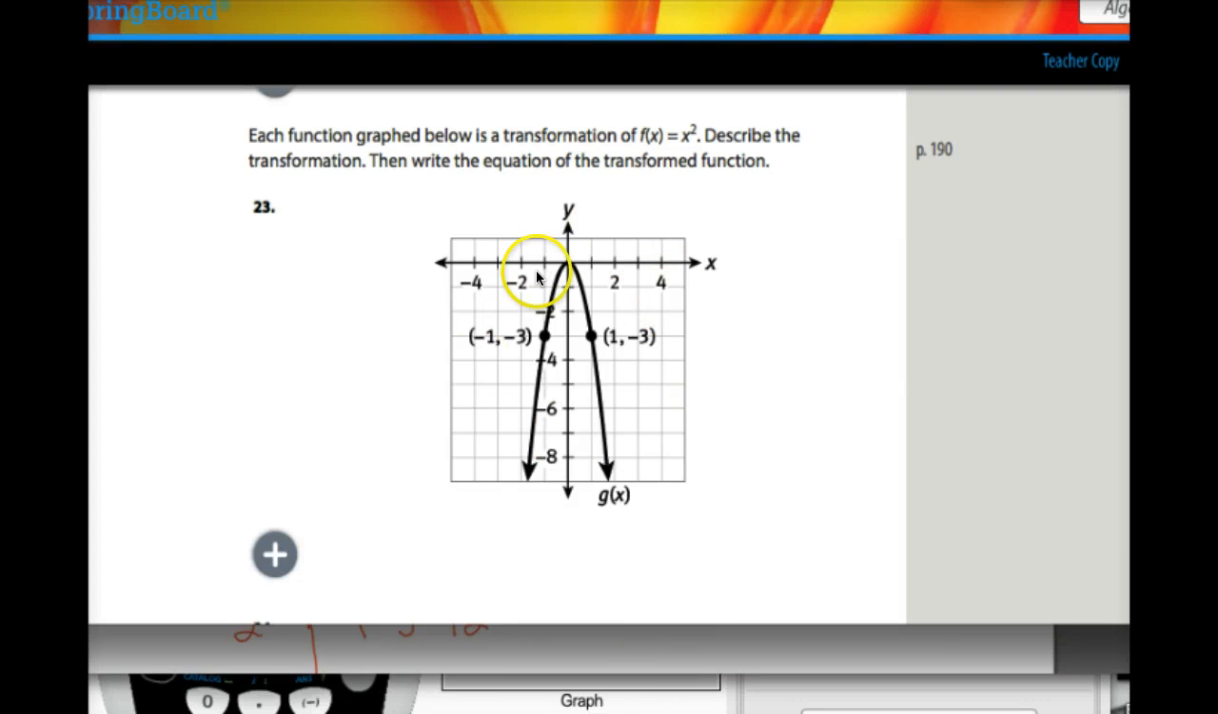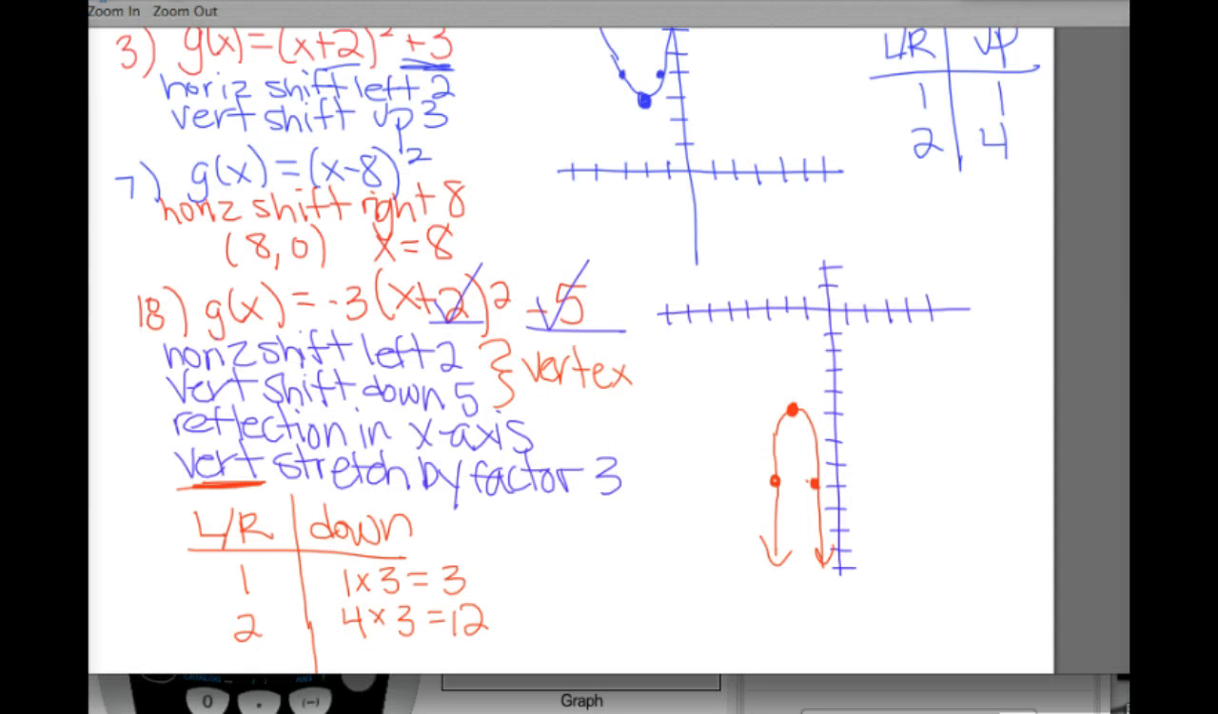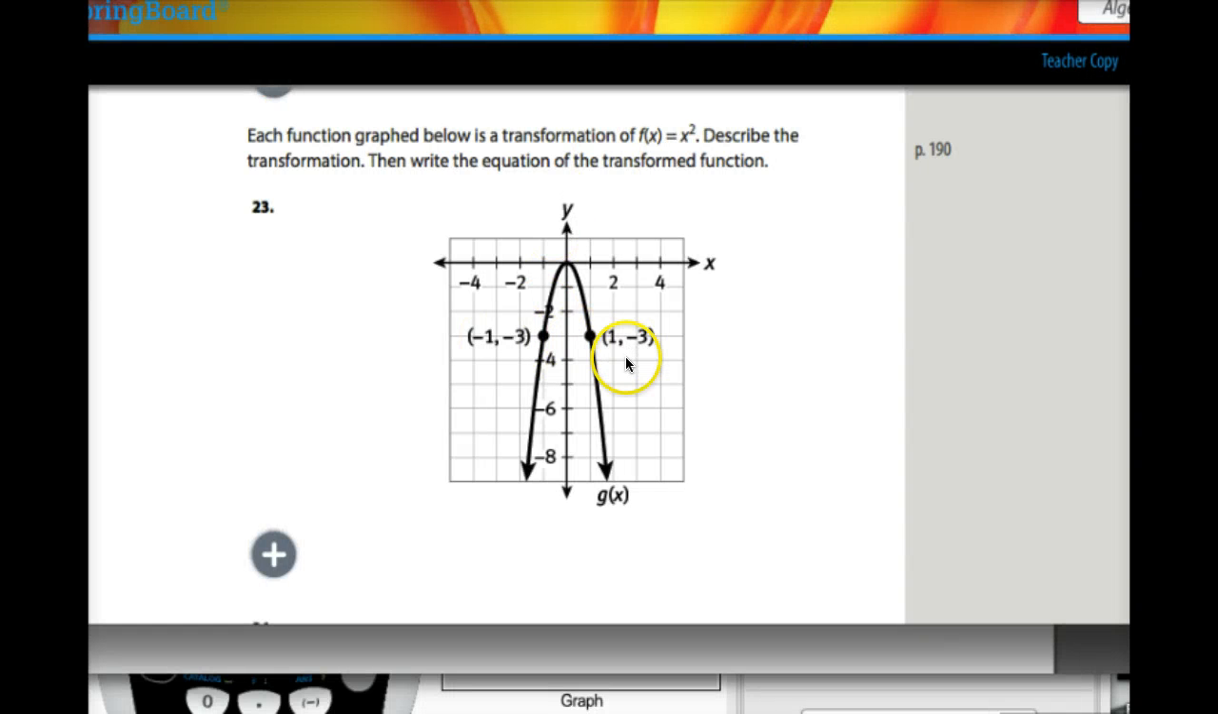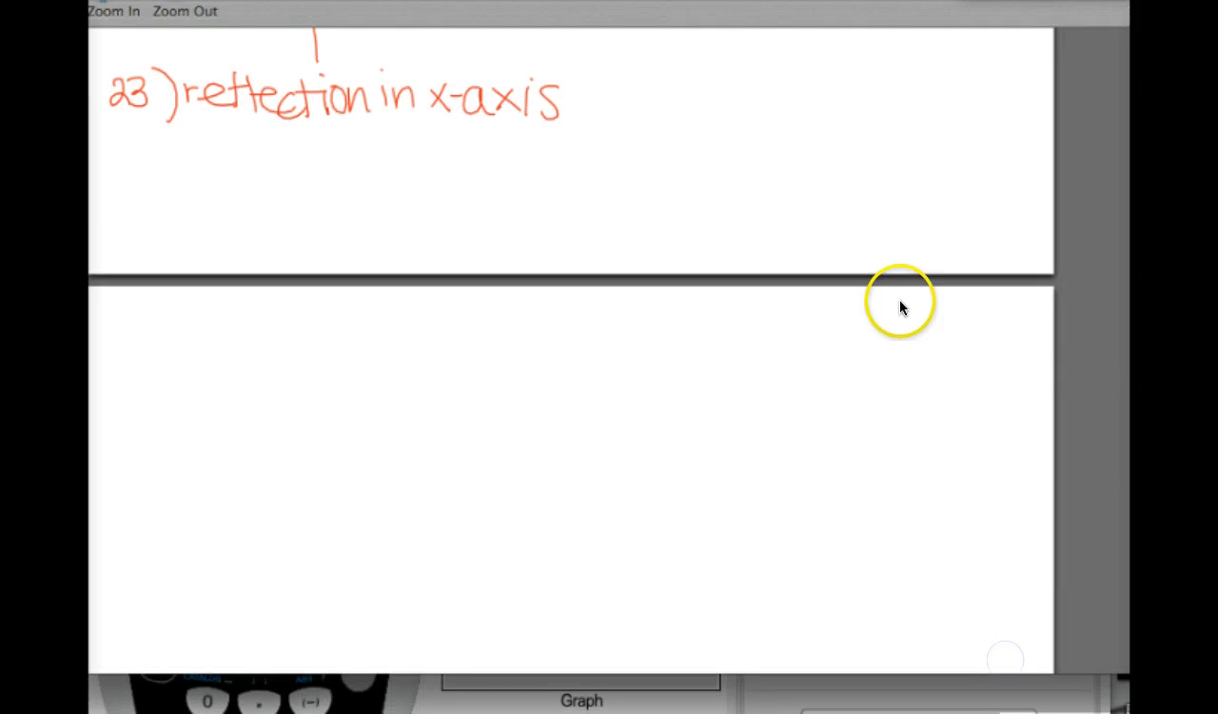So that tells me I do not have any vertical or horizontal shifts. After I look for vertical and horizontal shifts through the vertex, then I look to see what direction it opens. If it opens up, there is no reflection. If it opens down, there is. This opens down, so for the first transformation on number 23, I write reflection in the x-axis because it opens down. Next I need to look for the other points. They won't always be labeled, but they will have dots on them. And remember, this is our matching game. You match with the parent pattern. So if I look at my parent pattern,